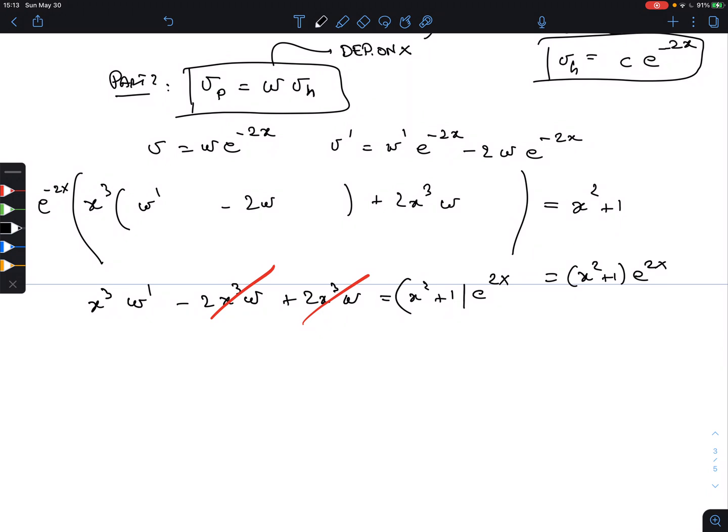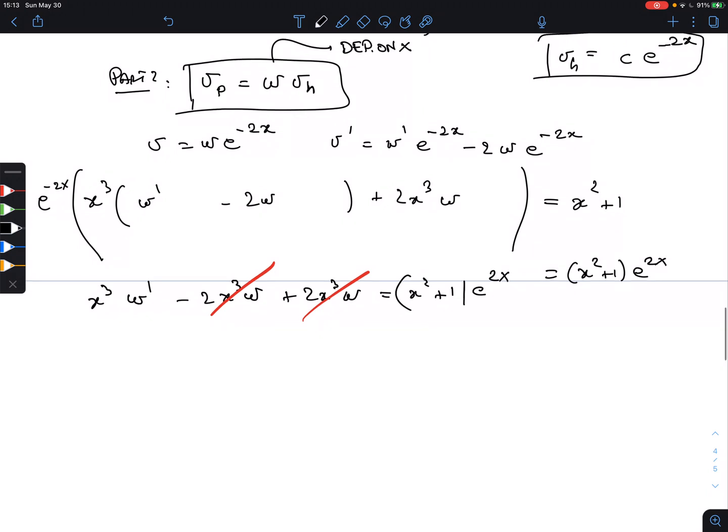And what we now have is a separation of variables, right? So w prime, or rather an integration problem. So we're going to divide by x cubed, so this will become,